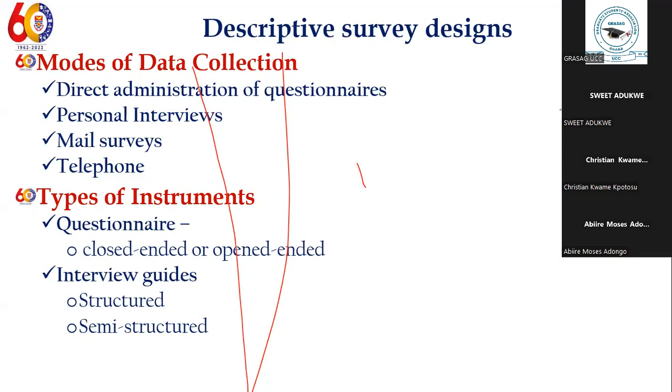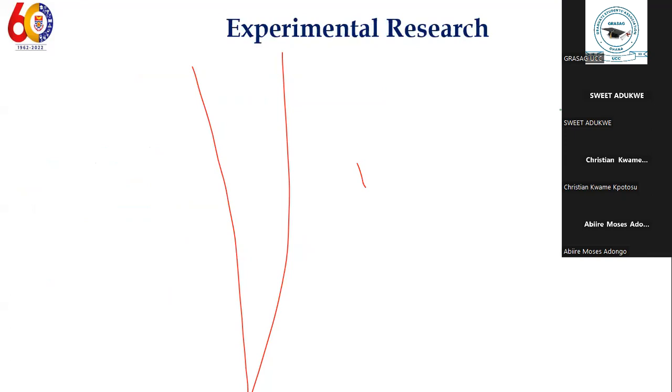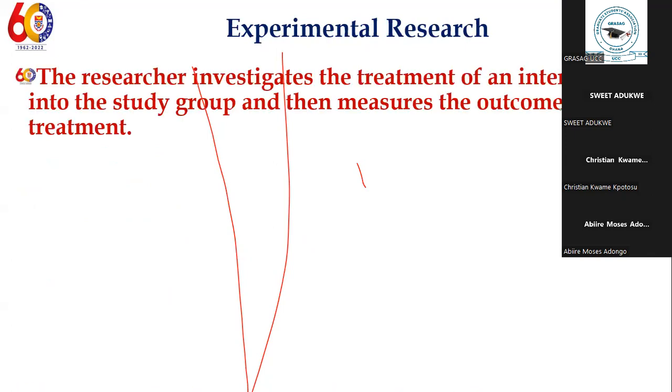The other aspect of the quantitative research you want to look at is the experimental research. So with experimental research, in this case, the researcher investigates a treatment of an intervention into a group. You call that a study group, and then at the end of the day, you measure the outcomes of the treatment. So for example,